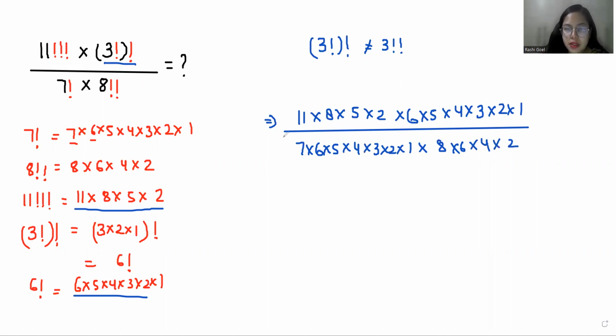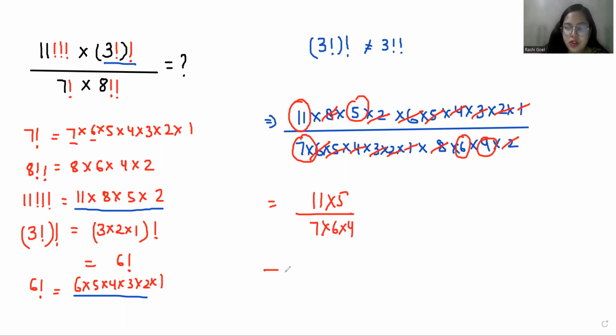Now cancel out the terms. 7, 6 with 6, 5 with 5, 3, 2 and 1, here 2 and 8. So what is left? From the numerator it's 11, 5. And from the denominator it's 7, 6 and 4. So 11 times 5 is 55, 7 times 6 is 42, times 4 is 168. So our final answer is 55 by